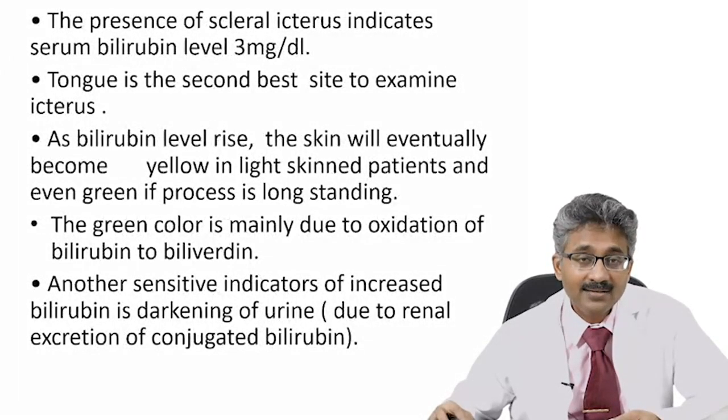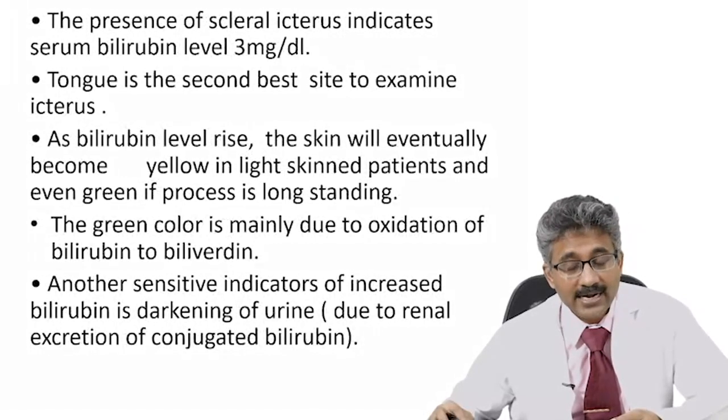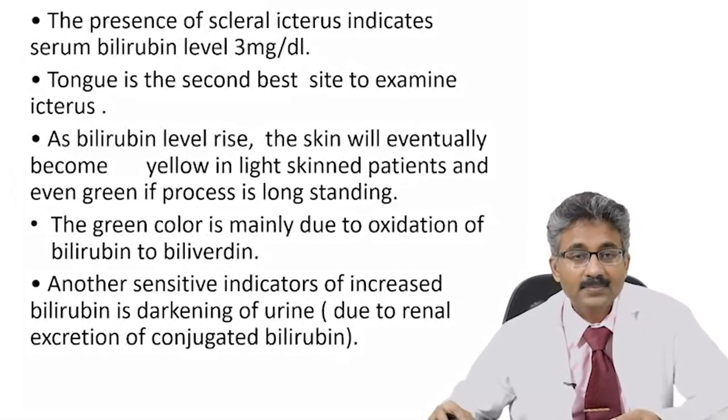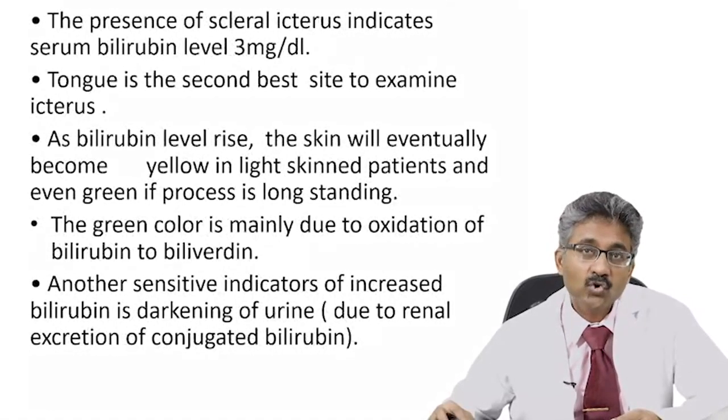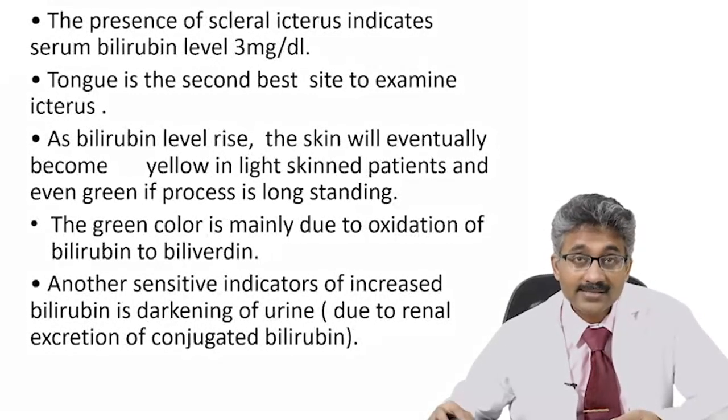Apart from the sclera, the other part which you can examine for jaundice is below the tongue, and even the palate you can examine for jaundice. Once bilirubin rises, the skin eventually becomes yellow and in a long-standing case it may become green. The green color is due to oxidation of bilirubin to biliverdin. Another sensitive indicator is